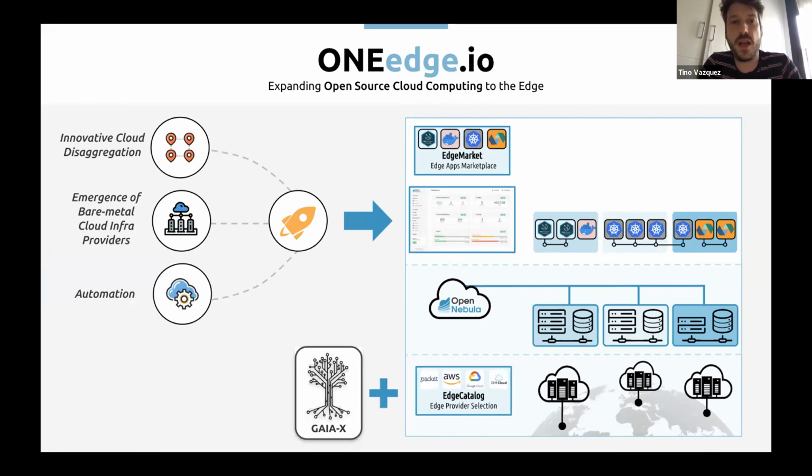It's coming from all the innovation that we did in cloud disaggregation, so the ability to run clouds in different infrastructures or different data centers. Also matching the emergence of this offering in public cloud providers to instantiate not only virtual machines, but also bare metal servers, and the ability to automatically provision them, and also all the automation tools that are available in the space, mainly Terraform. That's the tool that we use to handle the life cycle of these bare metal